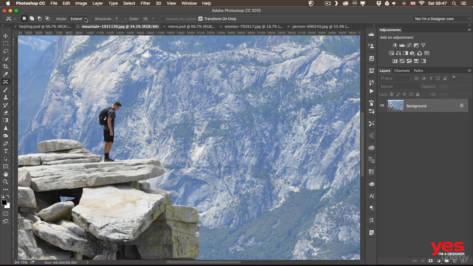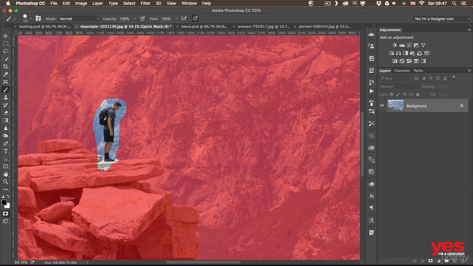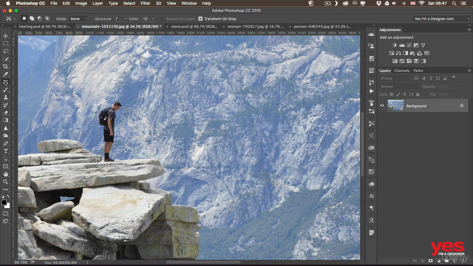And first of all, here on the top, you can see different options, either move or extend. I'm going to switch to move for this example. And notice we also have additional options here, including transform on drop, which is definitely only available in Creative Cloud. But once you make a selection, you will see exactly what happens. So when we have a selection of this guy, let's say I decided that my selection is not perfect, I can always press Q to improve the selection. So I can paint over these details that I didn't want to include in the selection, and press Q again, switch back to the same tool that we were using, the content-aware move tool,